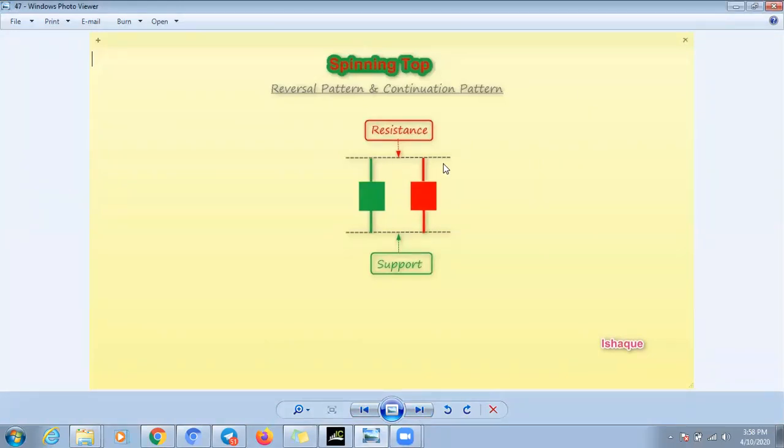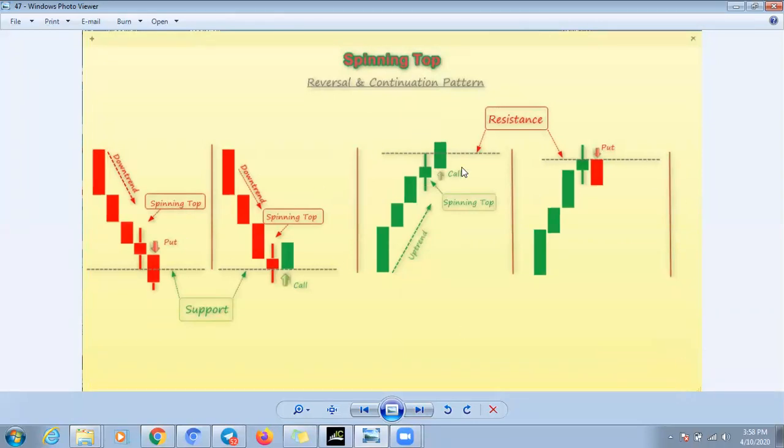These levels are visible. That's why I plot these lines. But if the color change comes in these candles before, then you plot another line here and here. Okay. After that, now we are looking for the trade. How can we trade here? If you are coming from the downtrend, and you find this spinning top, both candles are the same color. It means there is no support here. That's why this candle is going down.